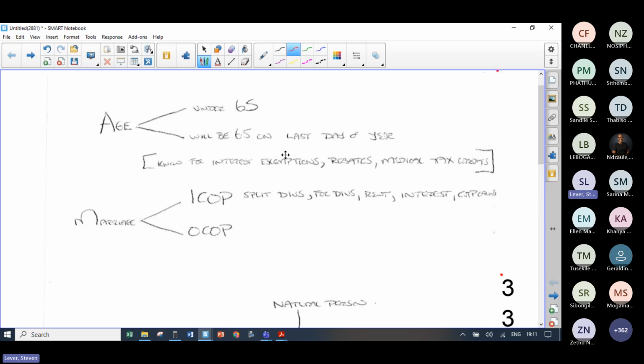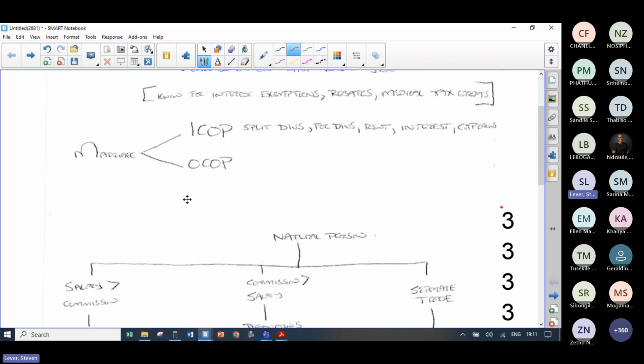So guys, as I said, 64 is the ideal age to die in an exam. If you go through old board questions, every single one of them, the guys died at age 64. But they expect you to know that you would have been 65. The next thing that I would do as part of a question is ask: are you married in community or out of community of property?